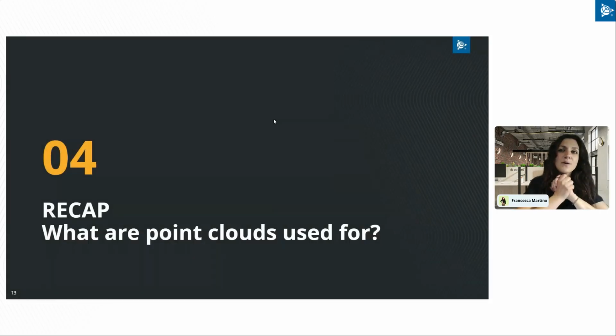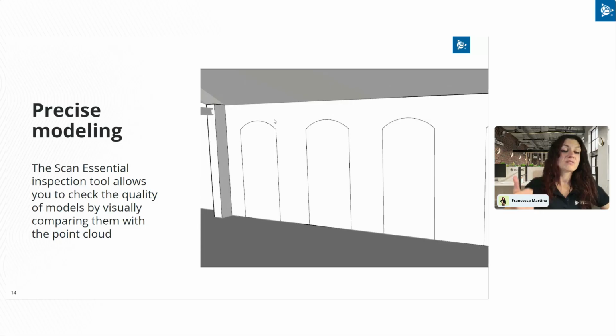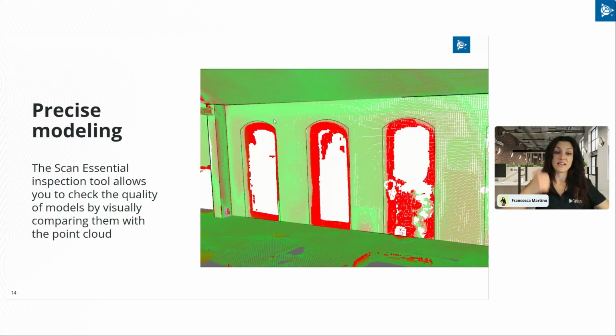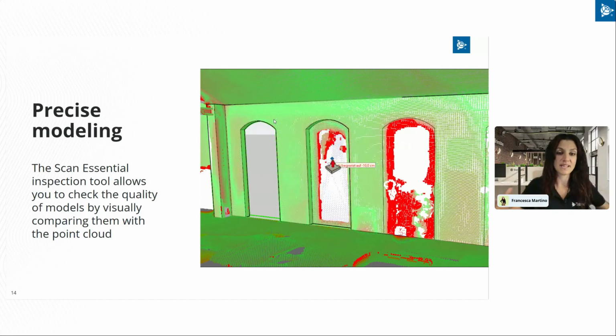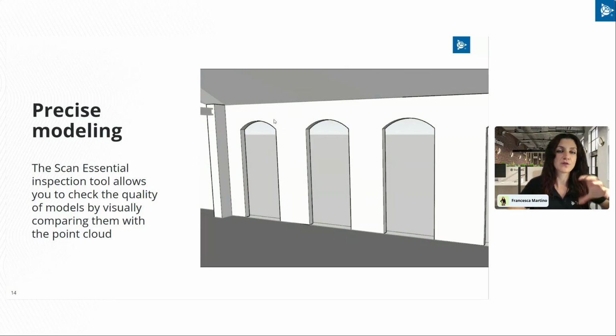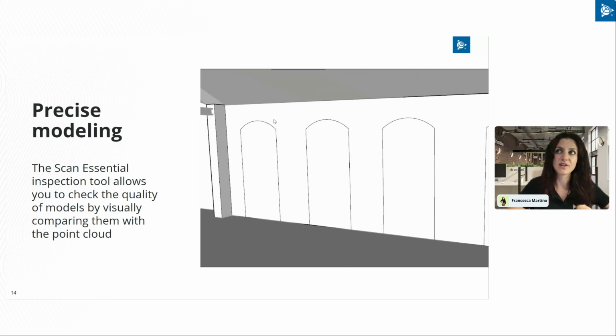So let's make a recap of what point clouds are used for in a modeling software and in SketchUp. First, point clouds are used to model in a very precise way. By using point clouds, we can increase the accuracy of our model to represent the existing. And we have all the information and data in one space, so we can avoid forgetting specific construction elements because we've got everything at hand